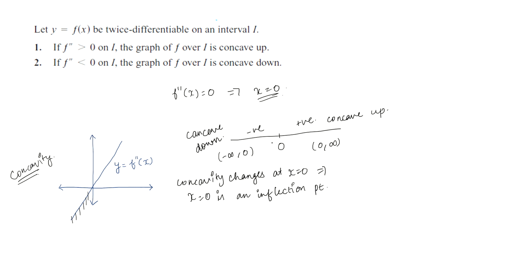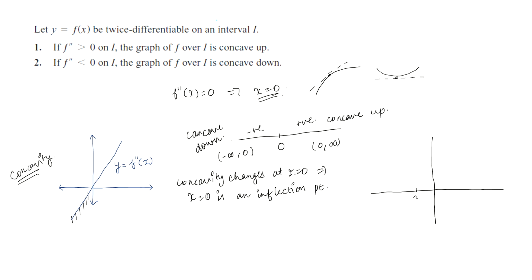And in the region minus infinity to 0, the function is concave down. So, the function will be something like this, for concave down. At every point, the tangent at that point will be lying above the graph. And in the region 0 to infinity, the function will be concave up, sorry. So, the tangent will be lying below the graph. Okay, so from the obtained information, let us try to draw the graph.